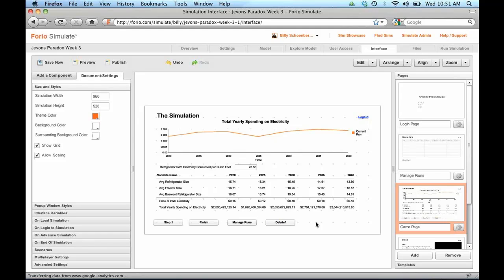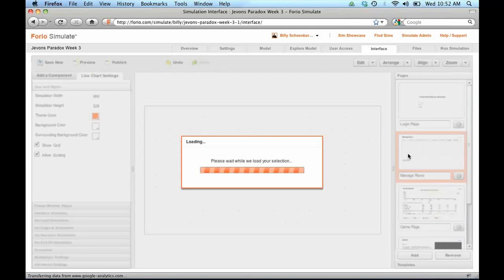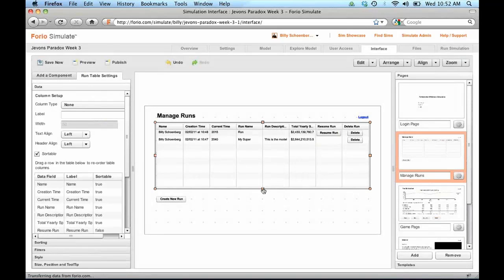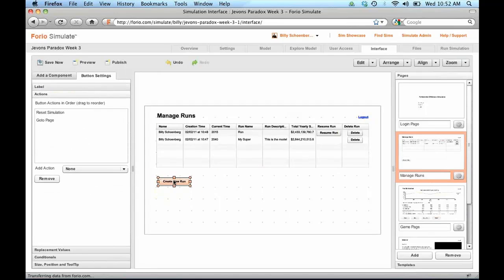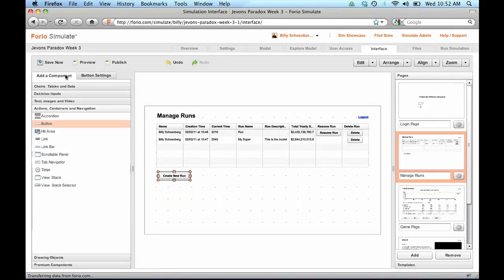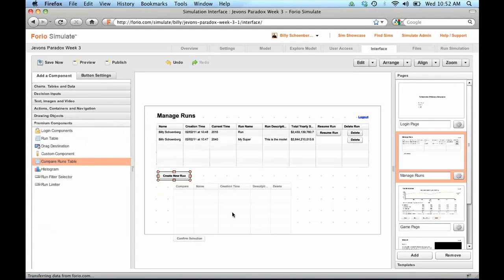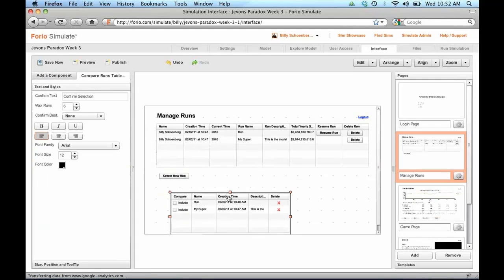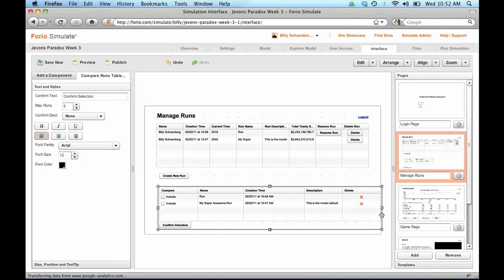All we have to do is make it so that people can select which runs they want to appear on this graph. So we've set it up so this graph can display multiple runs, but we haven't given users the option to do it yet. So let's go back to this Manage Runs page and give them the ability to do that. I'm going to shrink that table down a bit because we're going to use about half the real estate on this page for the Compare Run table, which is another premium component. We drag it out like that,